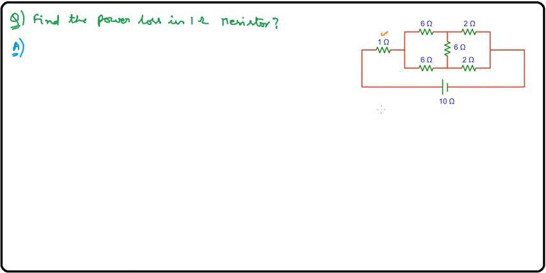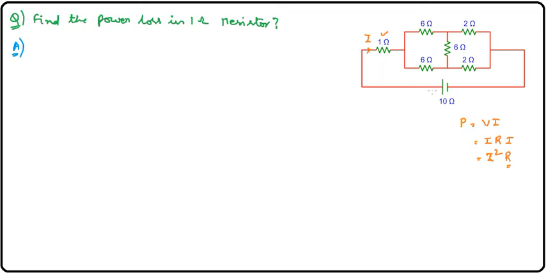It's very simple. As we know, power loss P is equal to V into I, which, according to Ohm's law, with V equal to I into R, as this element is also a resistor, into I, which is equal to I square into R. The resistance value R is 1 ohm. So we need to find the current passing through this 1 ohm resistor. The question is now converted into finding the current passing through the 1 ohm resistor.